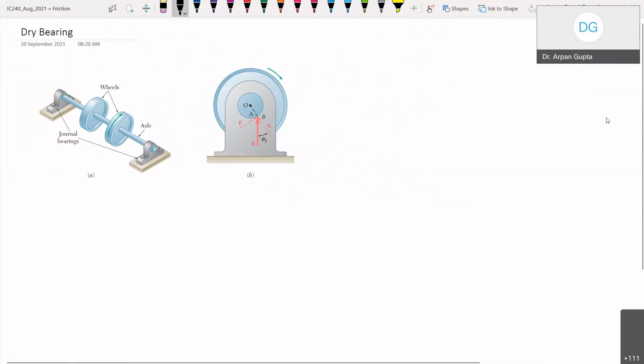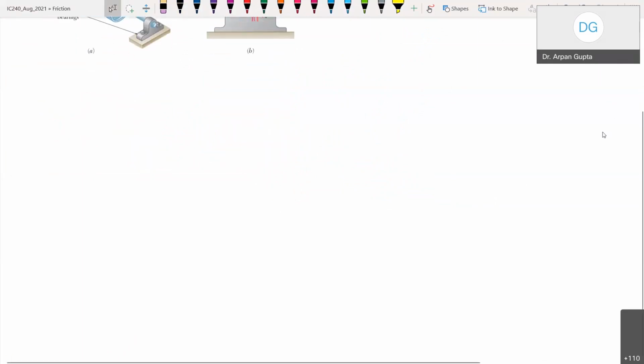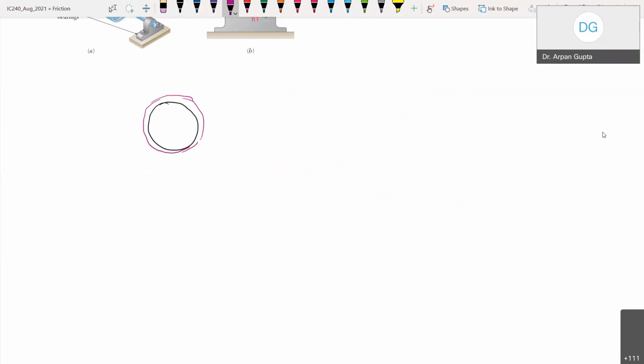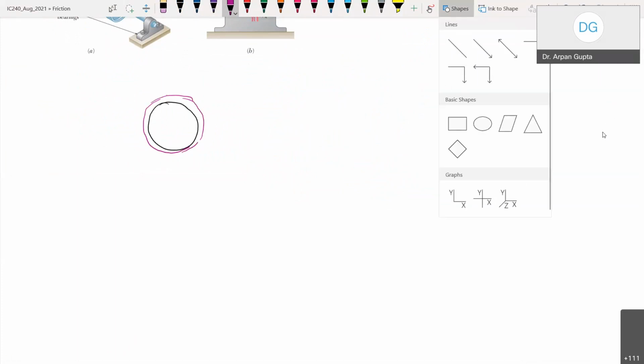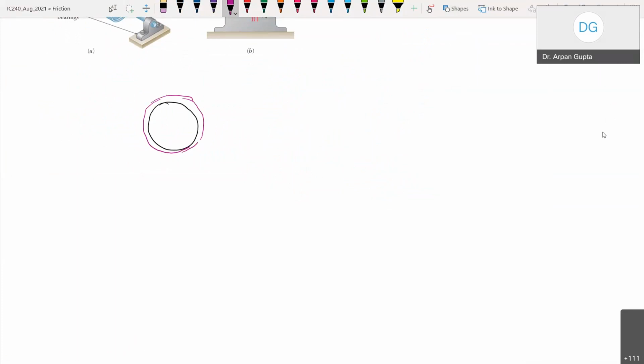So this is the bearing for which we want to do analysis. Let us say everything is at rest, right? If things are not moving, and I am just showing, this is the journal and this is the bearing or the outer casing. Now, if nothing is taking place, then there is a load W which acts vertically downward on